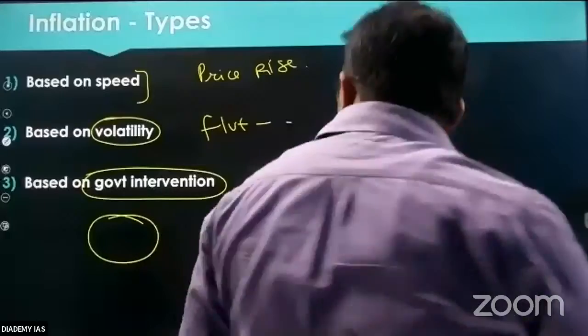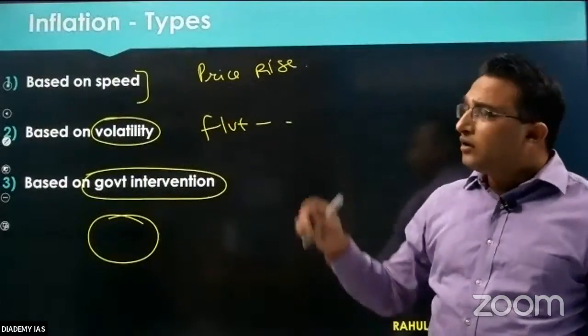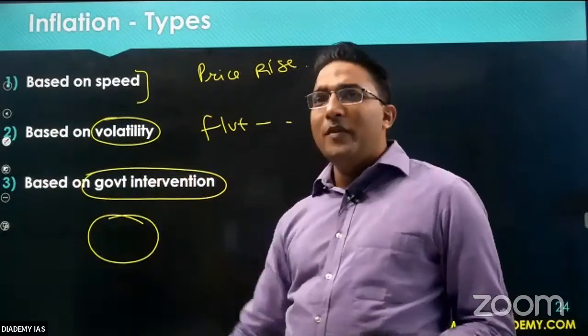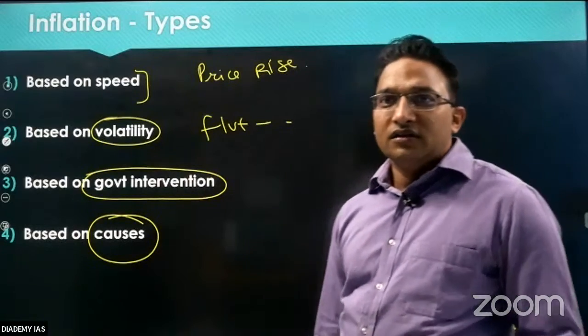Yeah. So either the speed can increase, either there can be price increase, or there can be fluctuation in the price, or there can be government intervention. Based upon government intervention also we can see the type of inflation. Then